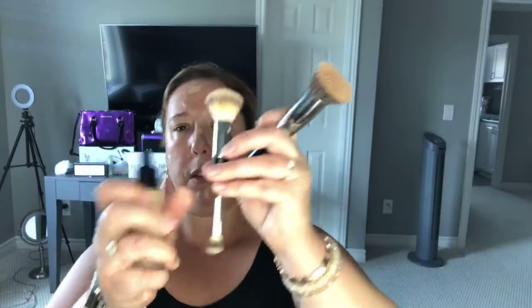Okay, so this is really good for BB cream, not pressed powder. It's good for BB cream, liquid foundation, although the one I prefer the most for liquid foundation is the powder concealer brush, okay? It's good for stick foundation because you can kind of stipple it in, see like this, all right? And it is ideal for the spray foundation. Okay, so